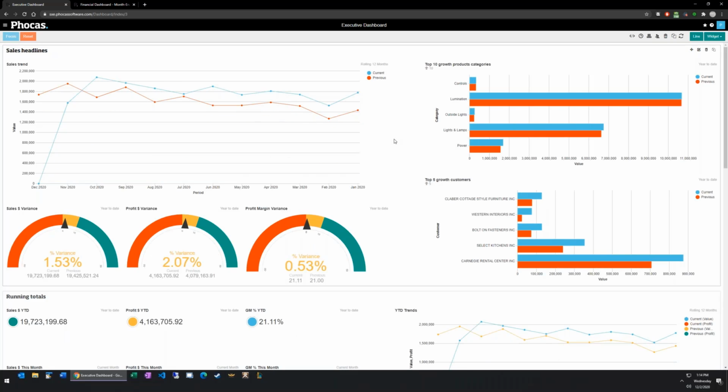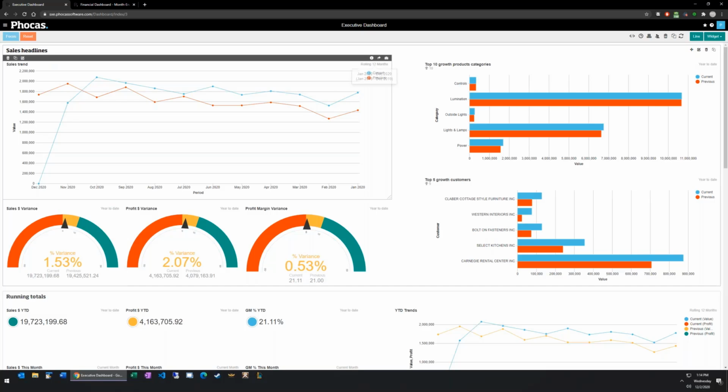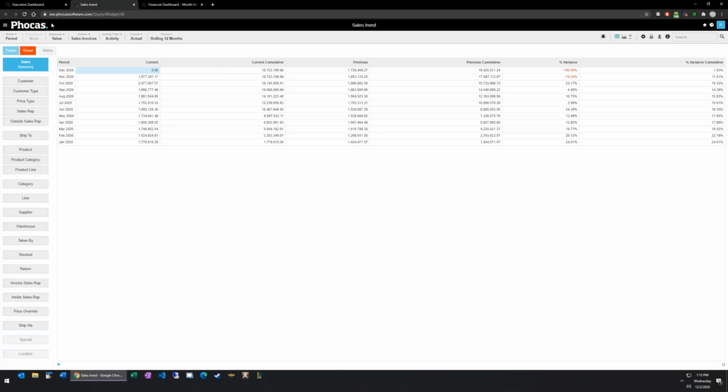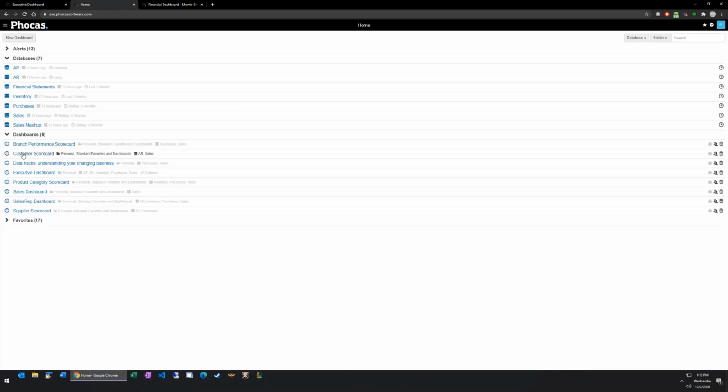So a lot of ad hoc reporting happens here, but anytime I want to know more, I have the ability to drill in deeper. And that's my favorite part of Phocas: any one of these widgets is essentially a visual report, where if I want to know the underlying information behind that report, I'm going to use this Analyze button. And that launches me out of my dashboard. If I go back to my home screen by clicking Focus, what I did is I left my executive dashboard and wound up in my